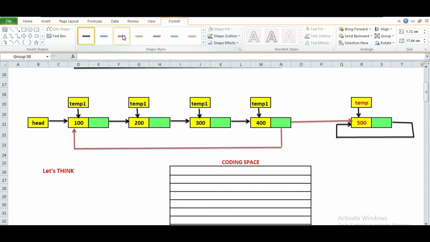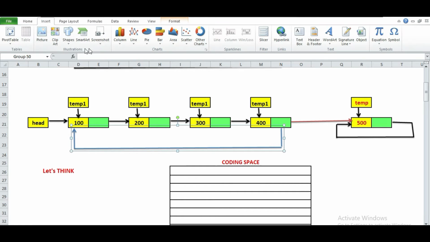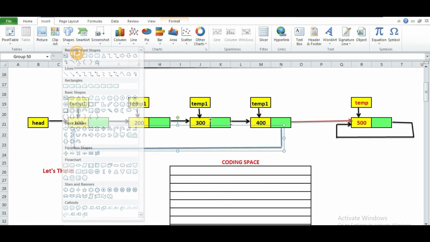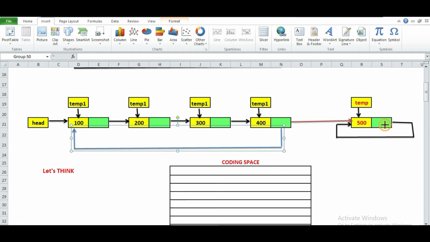I'm going to give a different color altogether, a blue color. Here you have to insert a link from this node to the first node.